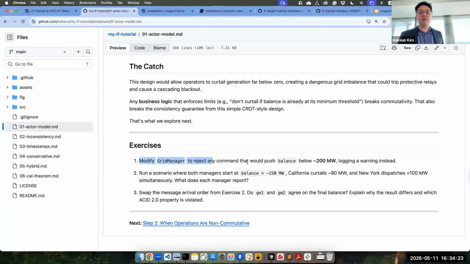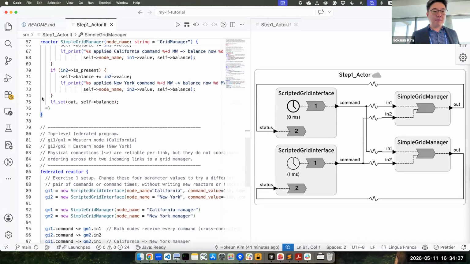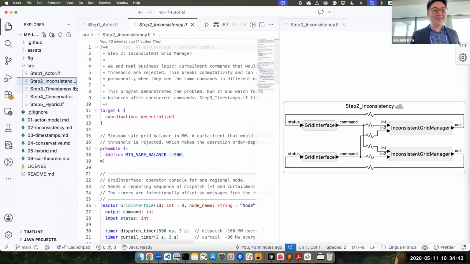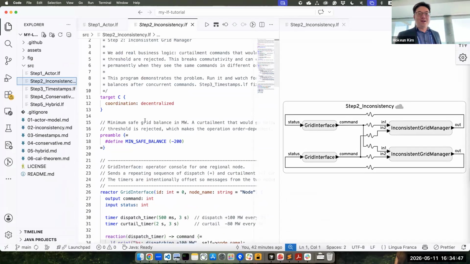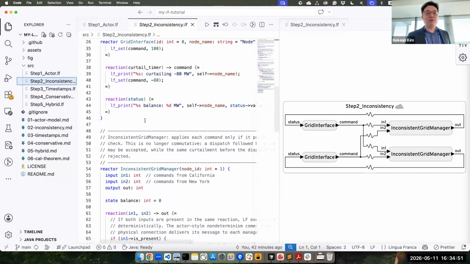So the first exercise will be modifying the grid manager. Actually, if you look into the next step, you can find the hint here. In step 2,